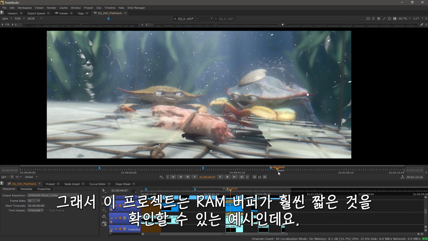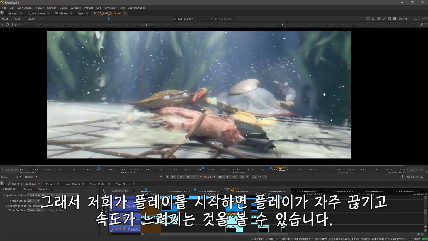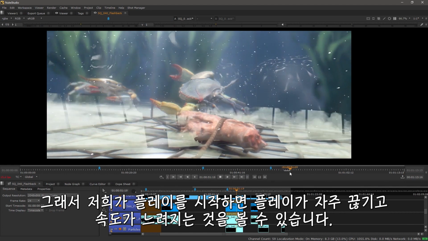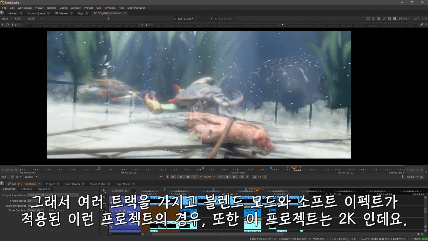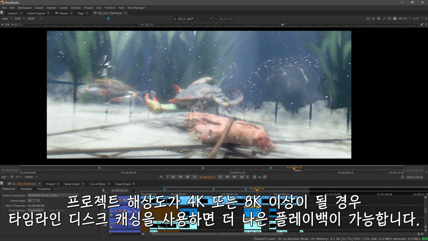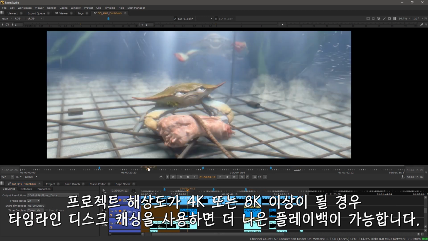So in this case, we can see that our RAM buffer is a lot shorter. If I was to begin to play through here, we're going to catch up pretty quick, and then things are going to begin to slow down. So for these situations, whether we're dealing with this project that has multiple tracks, blend modes, soft effects, it's a 2K project, or moving into a larger range project, maybe a 4K or 8K project,